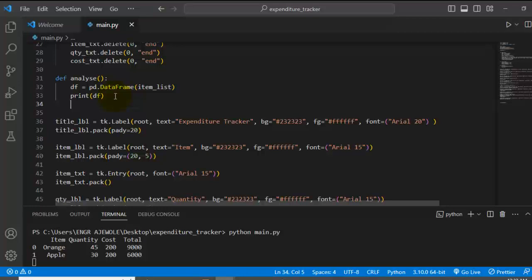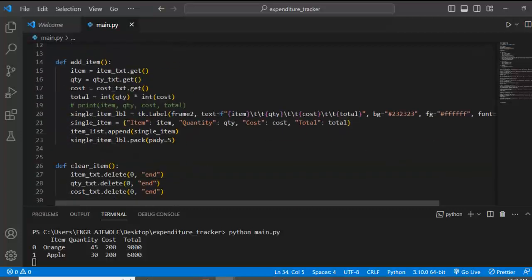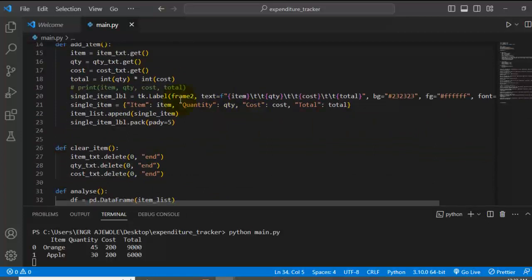There is a way we do that. I will say I'm going to create the items I want to plot. I'm going to create them out of this data, out of item quantity cost. I want to plot a bar chart of items, and I want the vertical axis to be the total, not single cost, the total. Honestly, I will change it to total amount so that the name can make more meaning when anybody reads